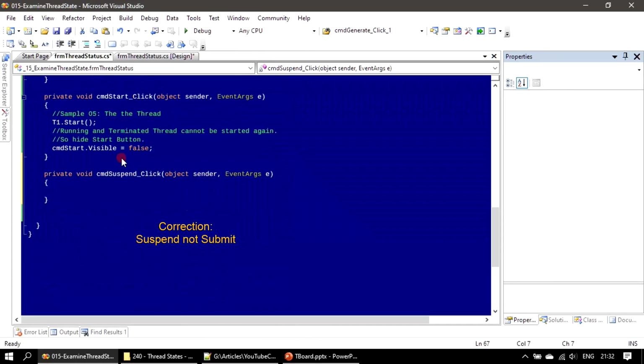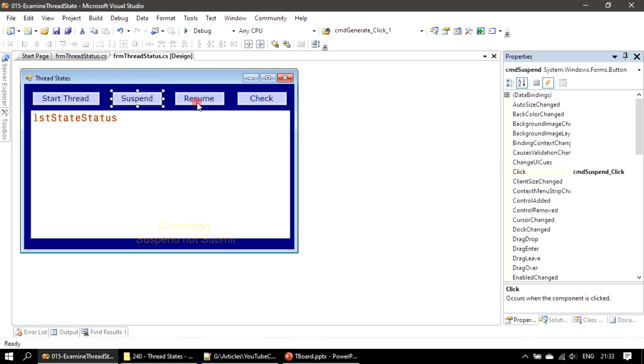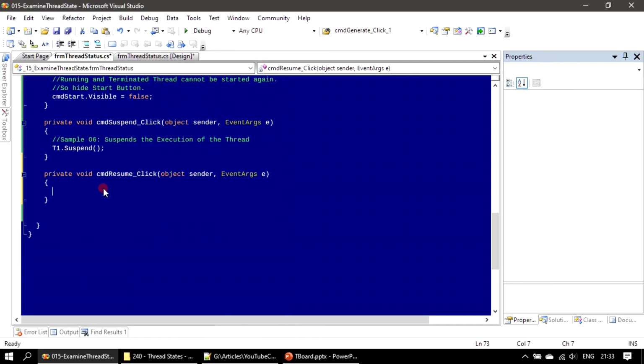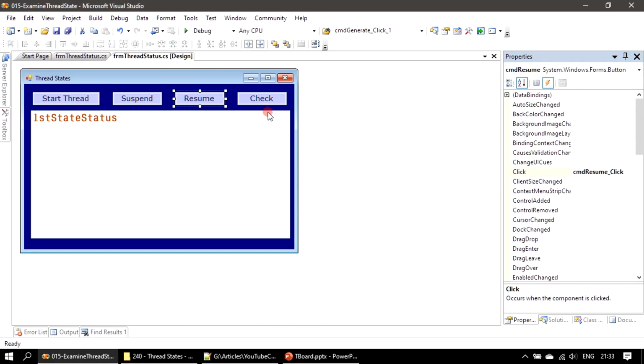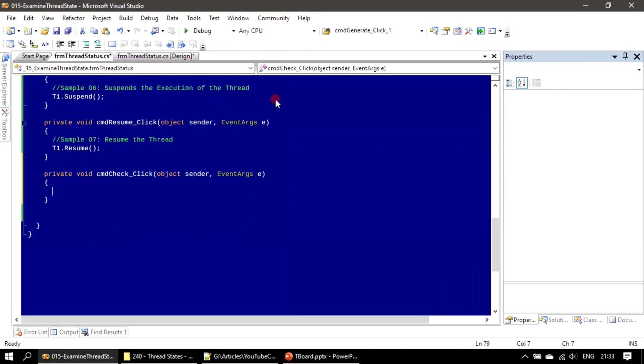So when the user clicks submit, we want to suspend the thread the same way. The same way we want to resume the thread, resume the suspended thread. Then finally we have to handle the check button click event, and